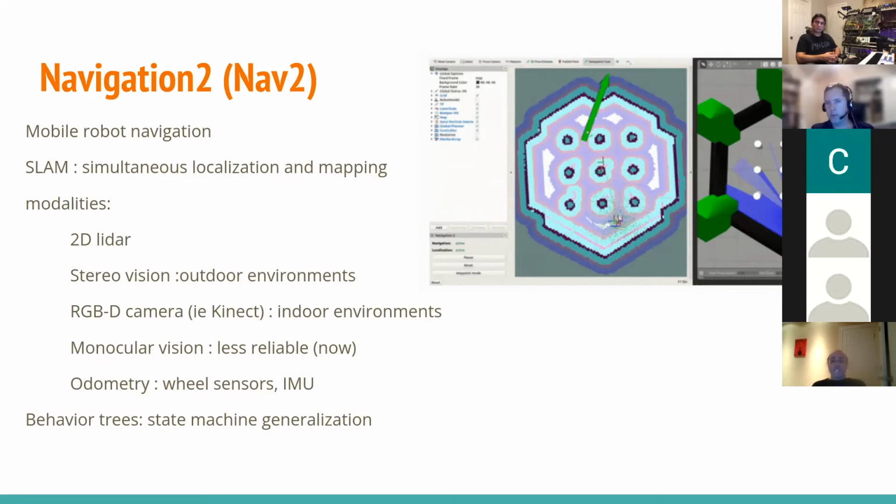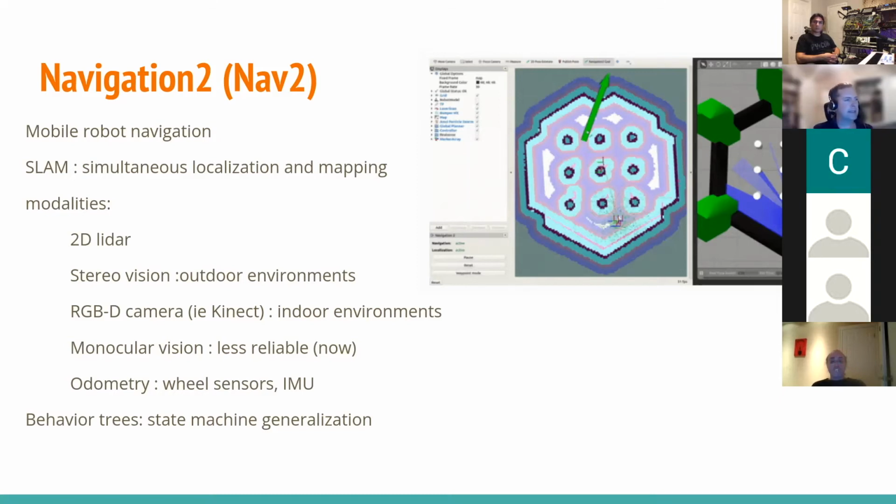For indoor environments, these RGBD cameras are really useful. So the idea, there's a channel that you don't see that's projecting light against the wall, and that light is sensed by the camera and able to determine depth from that additional information. But it really only works in indoor environments because you've got to project that